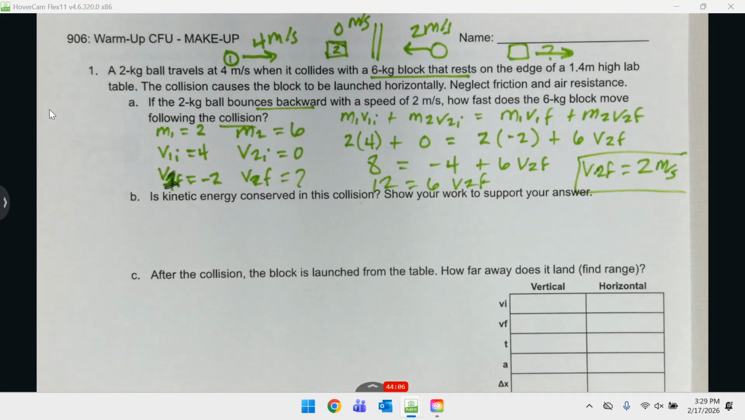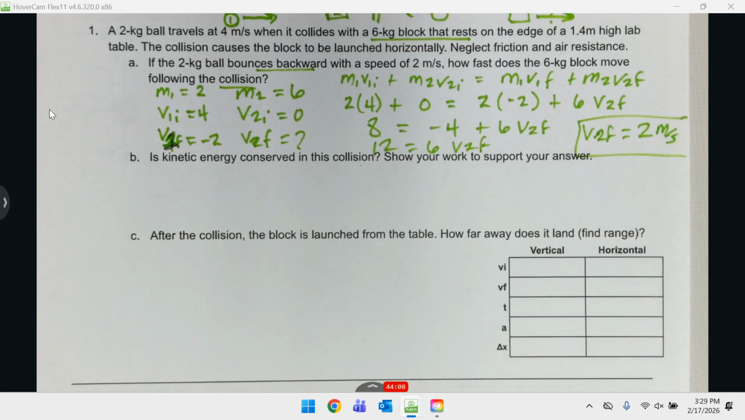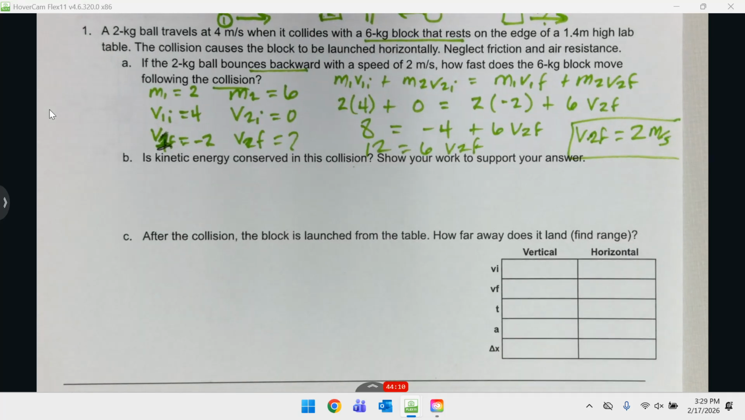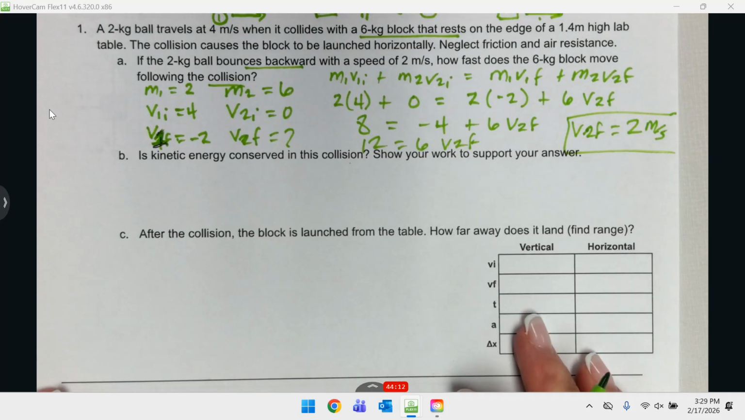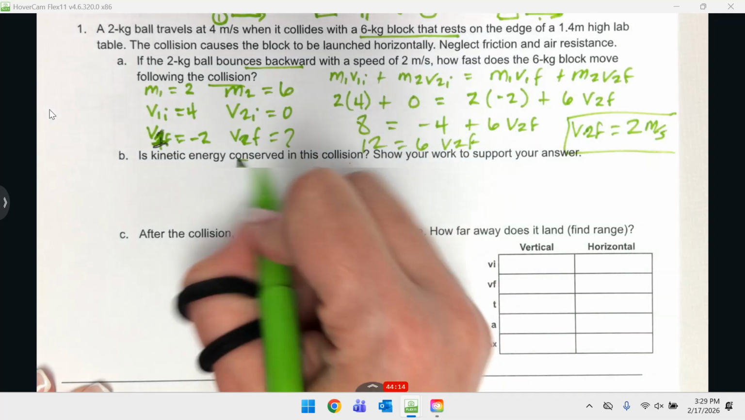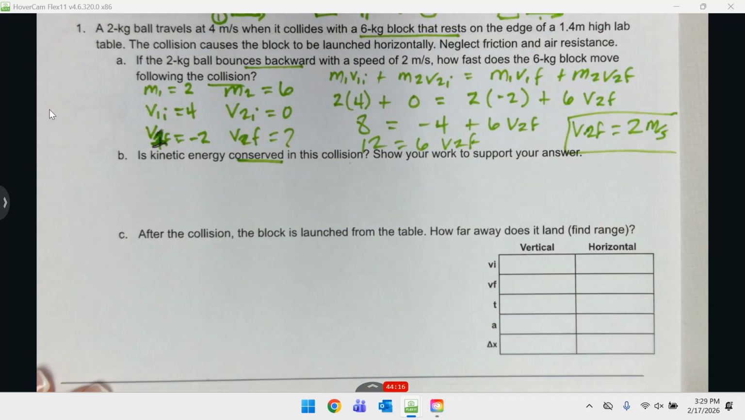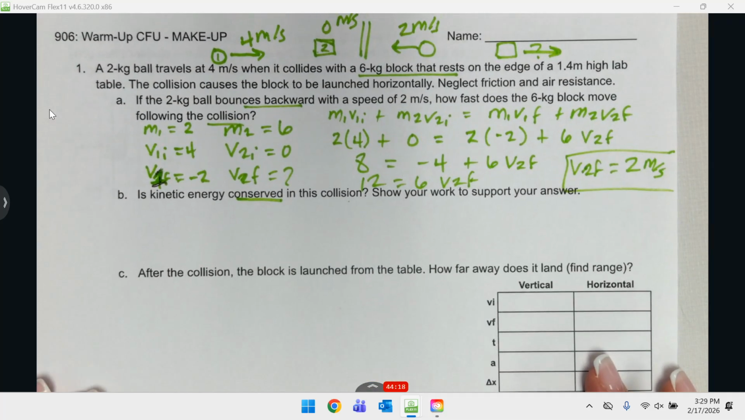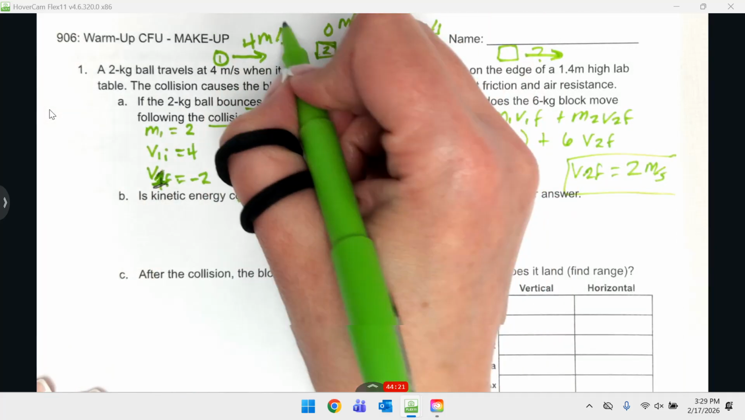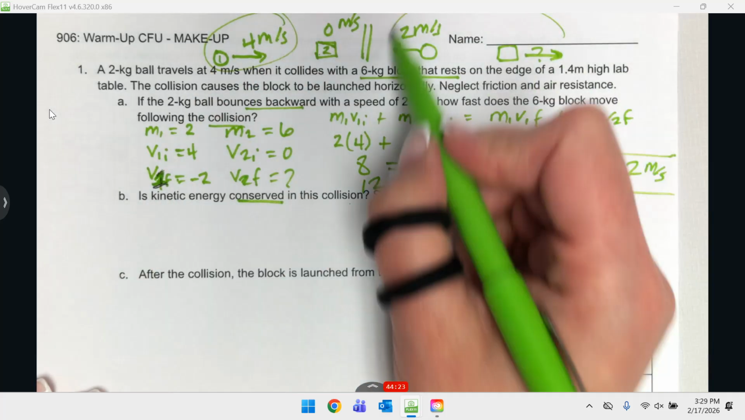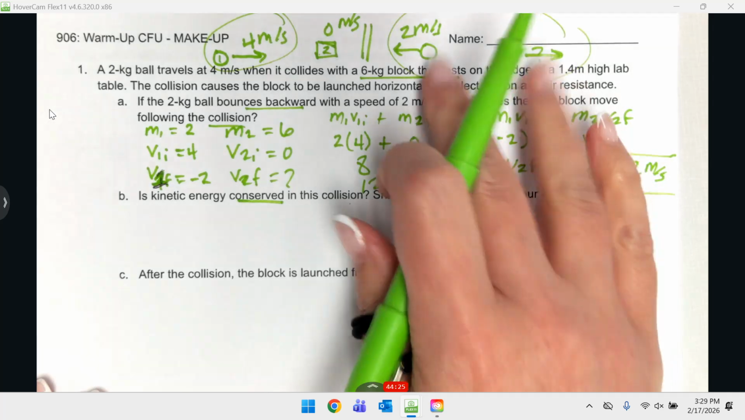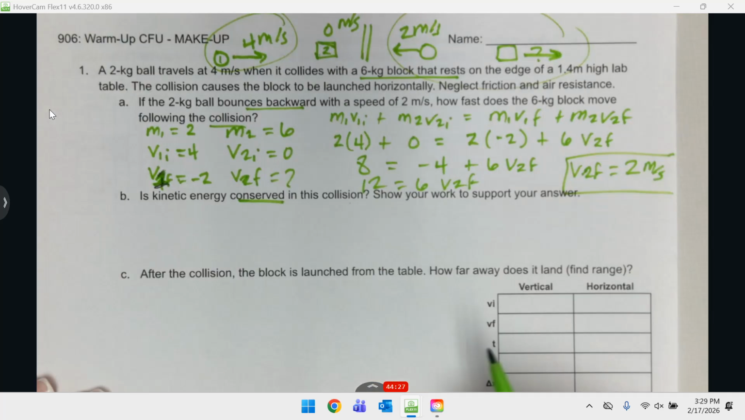All right, second part B. Is kinetic energy conserved in this collision? Show your work. So if there is conservation, that means you have the same amount before and after. Obviously, beforehand, there's only kinetic energy in the ball, but afterward, they both have kinetic energy. So I need to figure out what they both are at the end, but start at the initial amount with